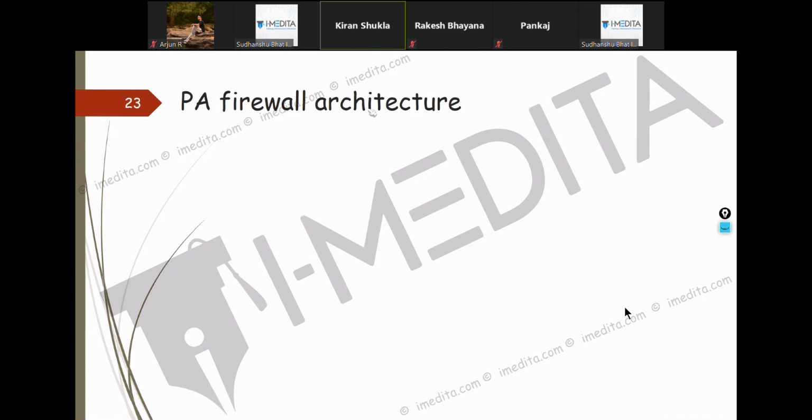See, Palo Alto's approach has been that people should do configuration through the GUI. And frankly speaking, for the certification exam as well, you will have to prepare for the GUI. In the lab workbook, we have included CLI related stuff.